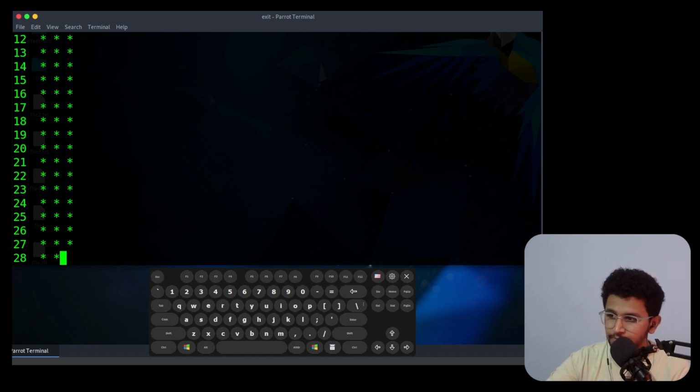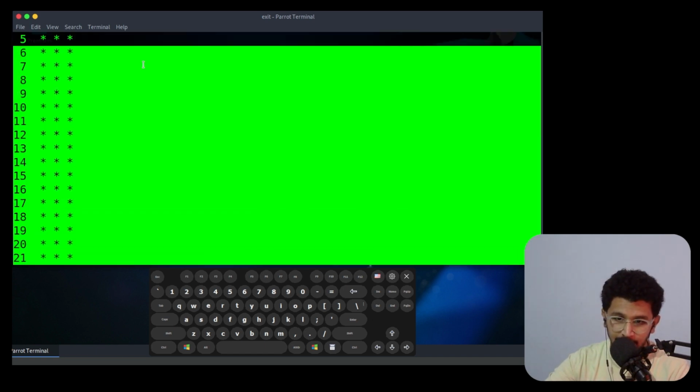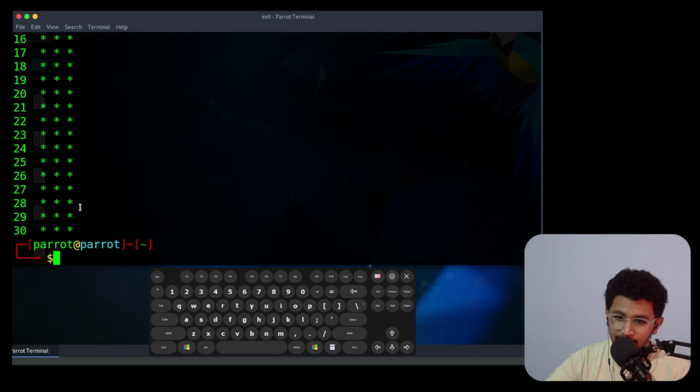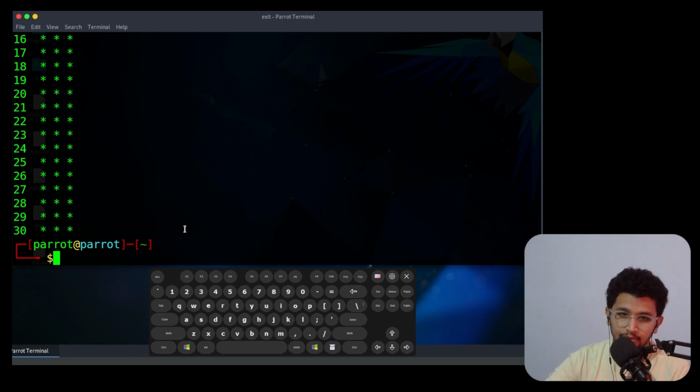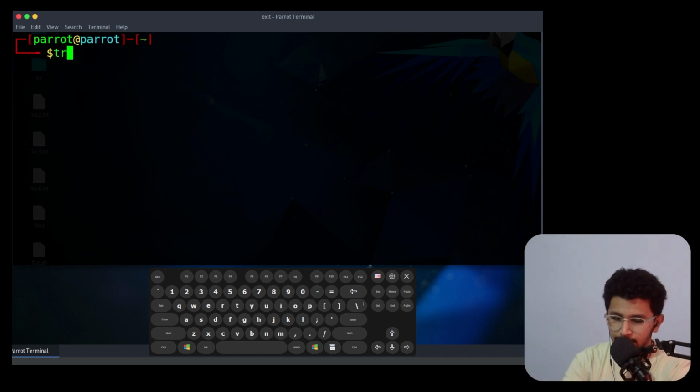Let's wait. There are 29 routers in total between my system and the Google server. So the last hop, number 30, will be the Google server. The next option you can use with traceroute is